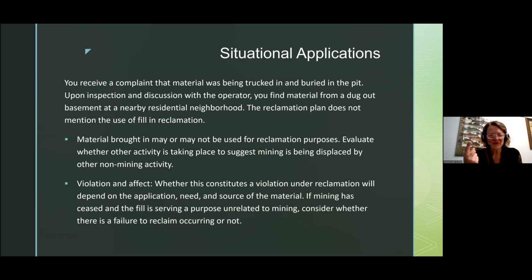But you're going to need to do that under 3 circumstances. One, whether or not the post-mining land use is being changed as a result of bringing the fill in. Two, whether or not the criteria for success is changing because of the need to bring in fill material. And three, whether or not the application of the standards is changing as well. That's where I usually say, if you tick off any one of those 3 or all 3 of them, you're looking at needing to have a modification of that plan.